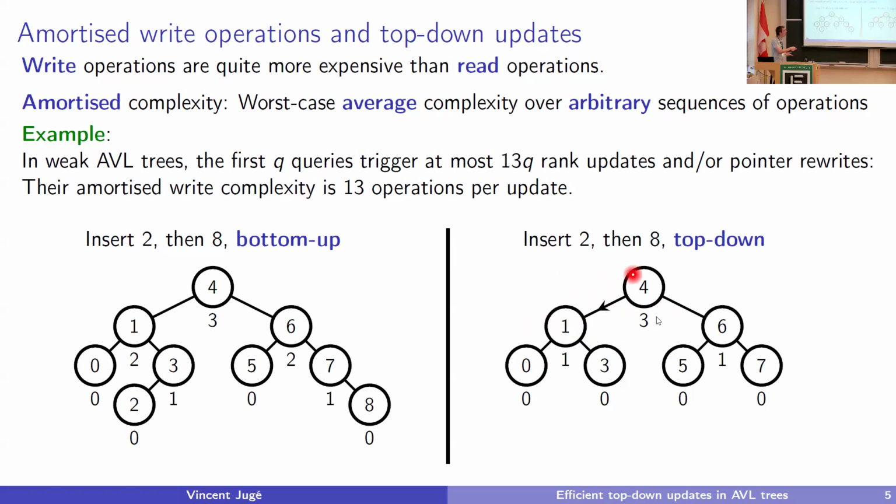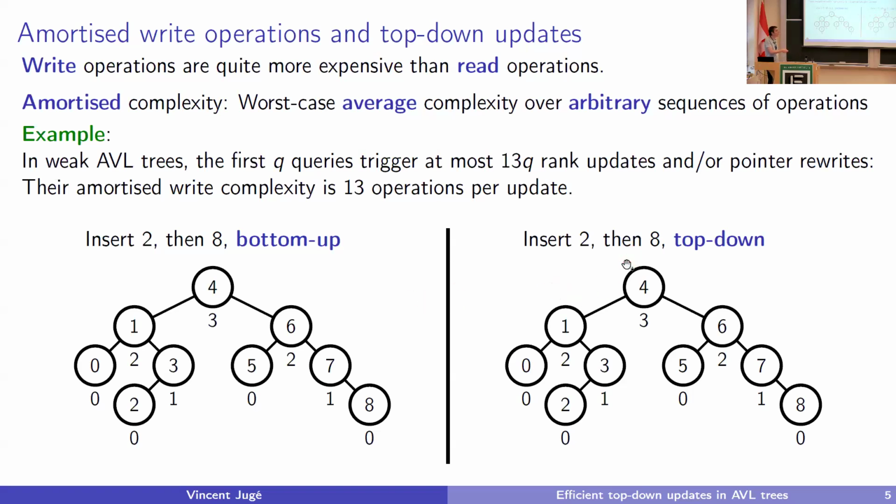And now, since I only need to look at local things, I can try inserting 2 on the left side and 8 on the right side simultaneously. So whenever I'm doing something in parallel, it's much more efficient, because otherwise I would need to wait for a super long time to make sure that I can start my new query, while now I can just do them in parallel. And then I can continue, and this is much faster. So in general, even in the absence of having several processes at the same time, if you have a top-down algorithm, it's quite a bit faster than having a bottom-up one.